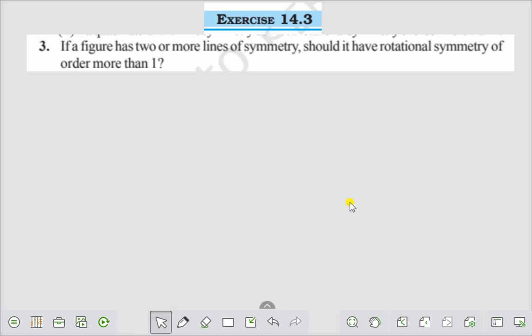If a figure has two or more lines of symmetry, should it have rotational symmetry of order more than one? The answer is yes. Suppose we already know